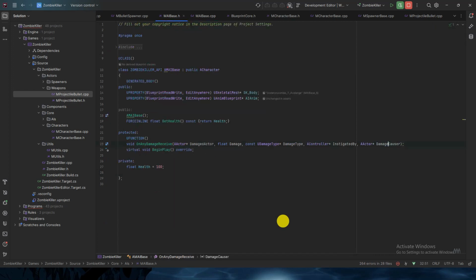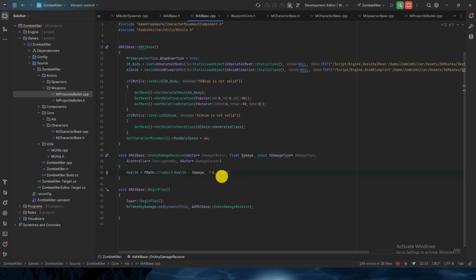This is not a good idea, to use a constant value here. In the ideal case, we should have one variable called MaxHealth, editable anywhere, so we can change it whenever we want and use that same variable here. Perfect. Next thing is, if health is less than or equal to 0, just to be on the safe side,